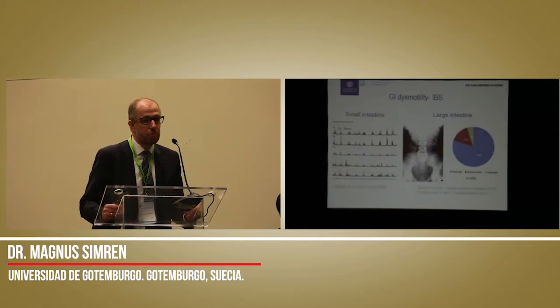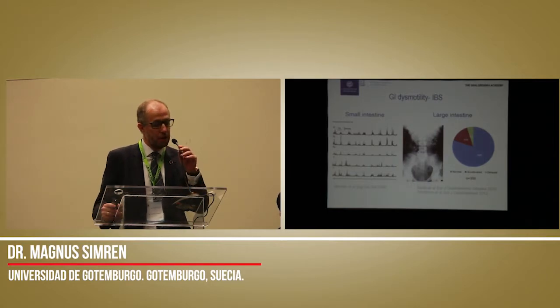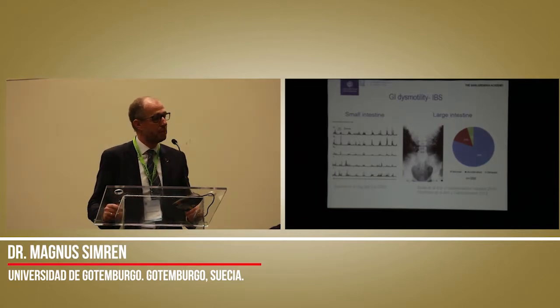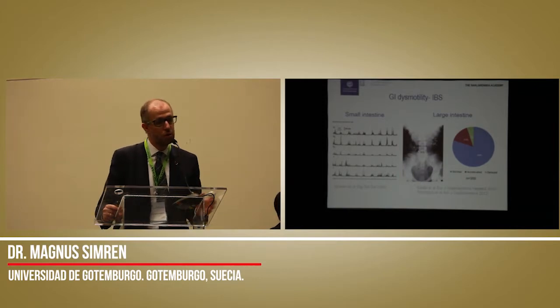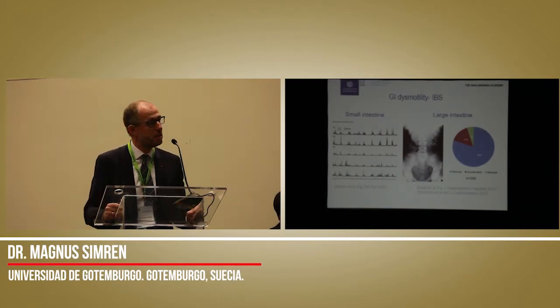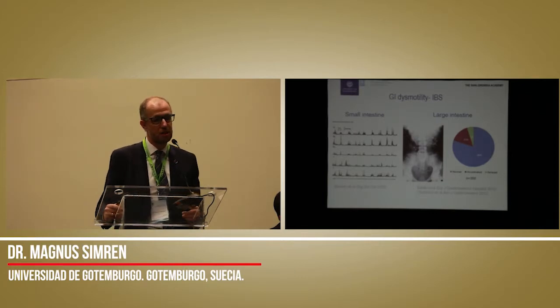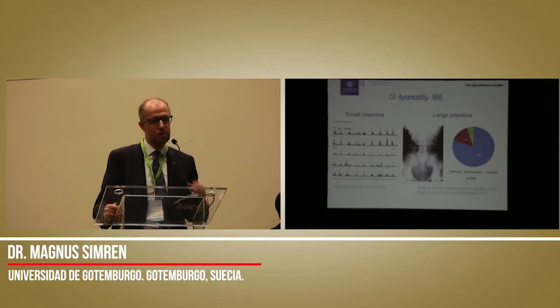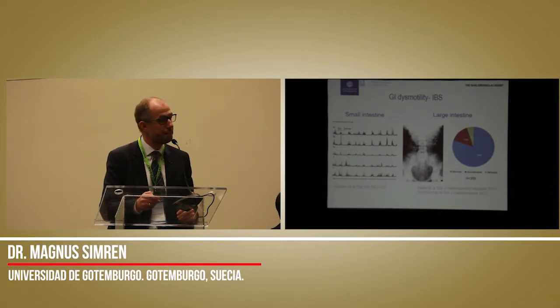So I would like to start off with one of the most well-known pathophysiological factors in IBS, and also one of the most well-studied, that is gastrointestinal dysmotility. Unfortunately, we do not have a specific motor abnormality in IBS, but what is a little more consistent in the literature is that we can see transit abnormalities in at least a subset of IBS patients. You can say that this is the result of abnormal motility.